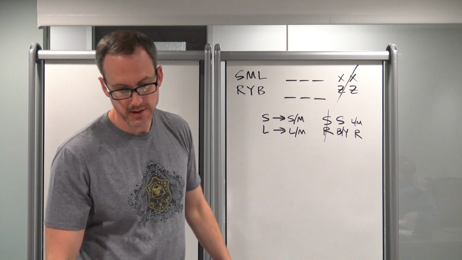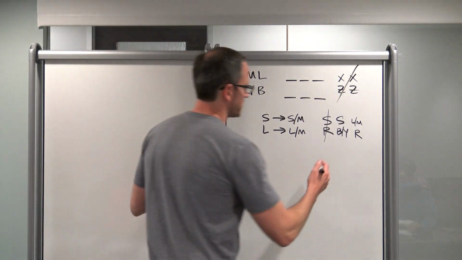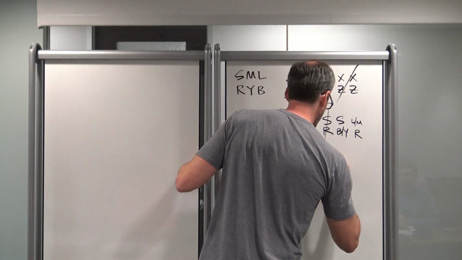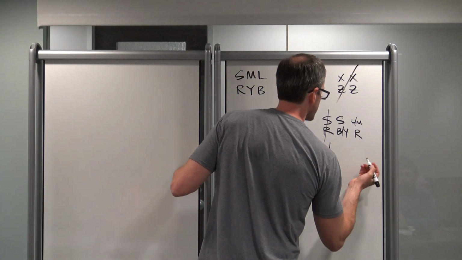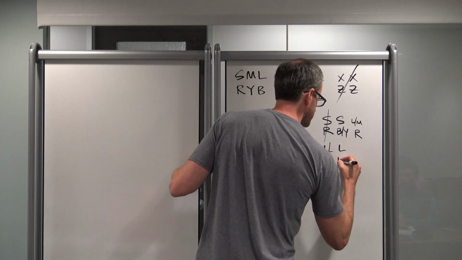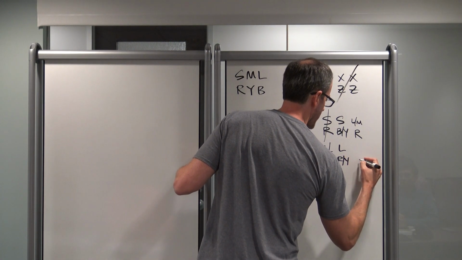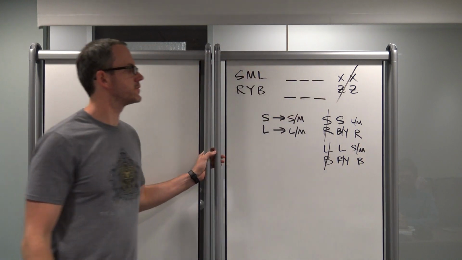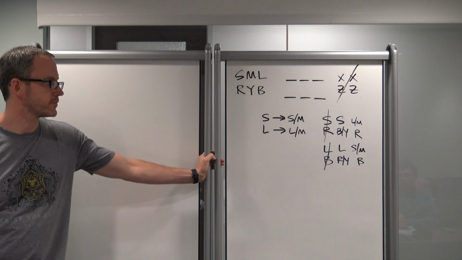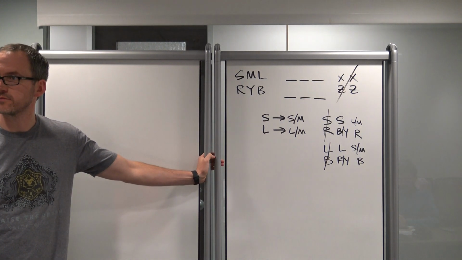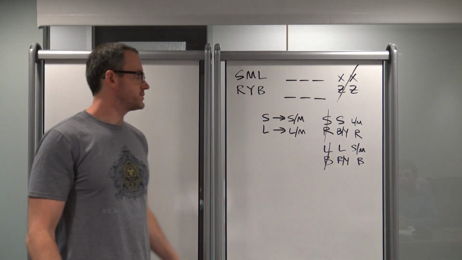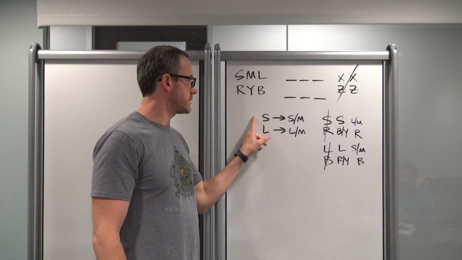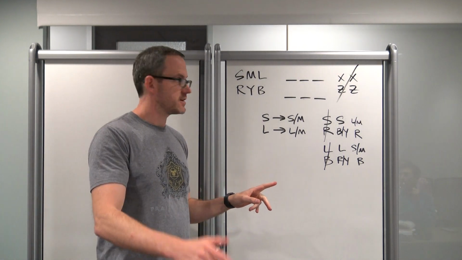But in any case, large blue, same deal. Large blue is not going to happen. So if you have a large, it has to be a red or a yellow. And if you have a blue, it has to be a small or a medium. Sound good? Now, let's go back to this world thing, because given what you were saying,